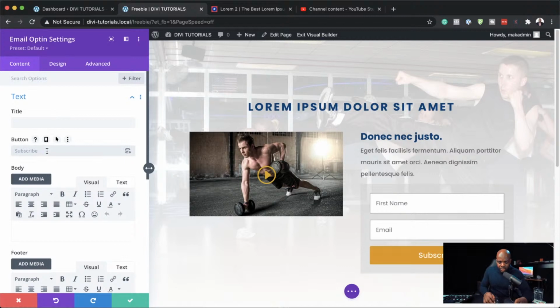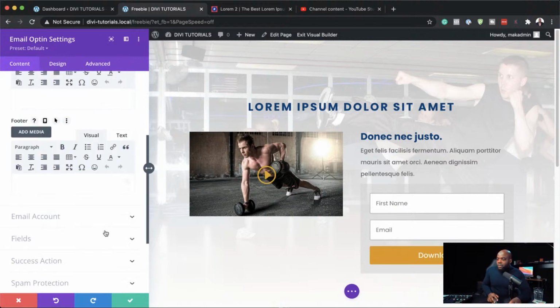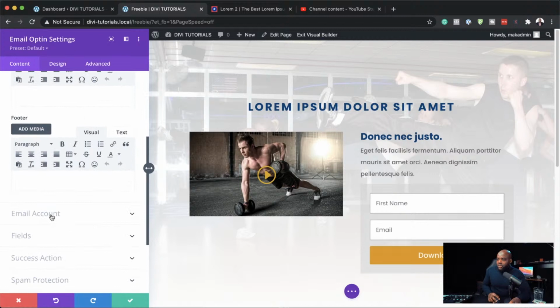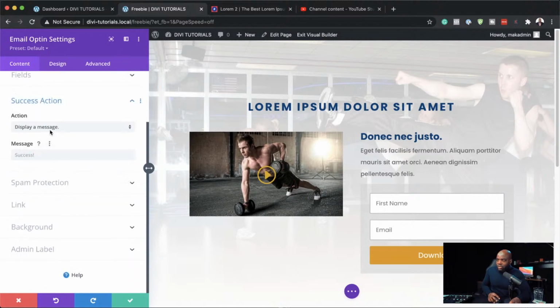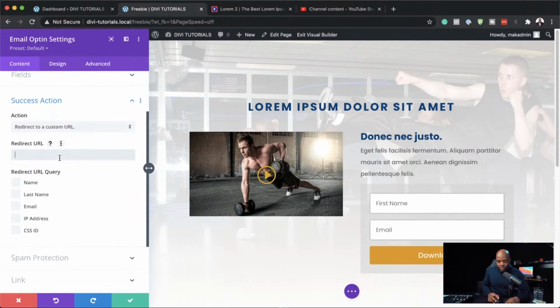Okay. So here, let's say download. And this is to download the freebie. Okay. Now we're going to come back over here to our email account. And what we need to do is, in fact, this is already connected. Let's go to our success action. And instead of displaying a message, let's now redirect them to a URL. And the URL is going to be our thank you page that we've just created. Okay. So now